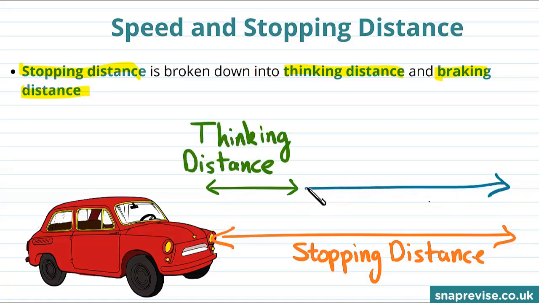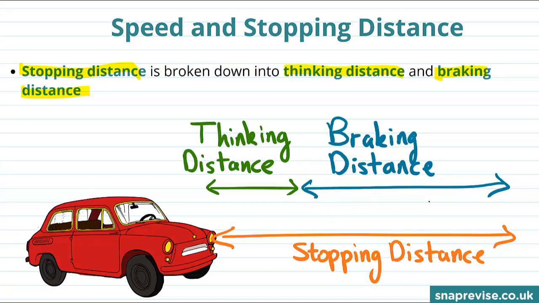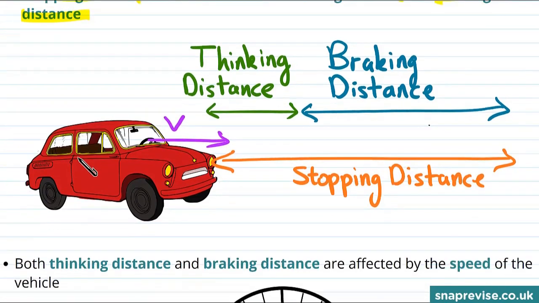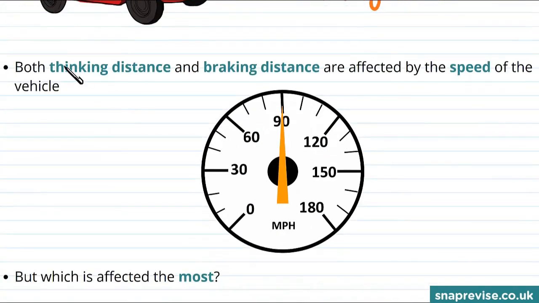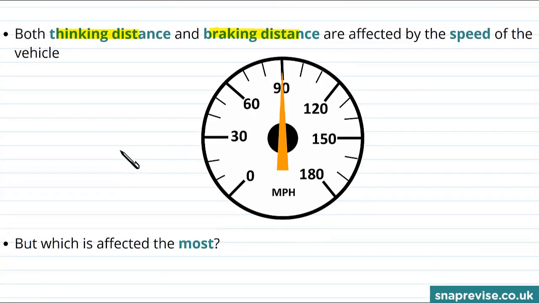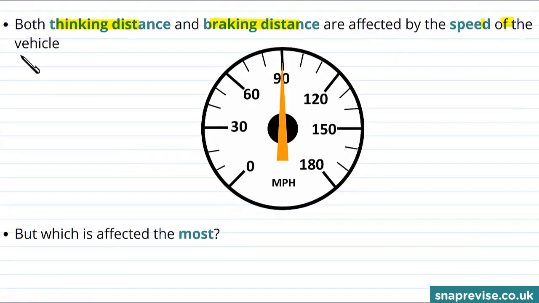and the braking distance. And we're going to want to know separately how the thinking distance and braking distance depend on the speed of the car. And in particular, whilst we know that the thinking distance and braking distance are going to depend on how fast this vehicle is moving, we would like to know which of the two distances is affected the most by the